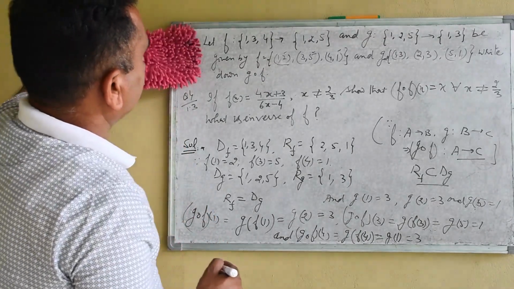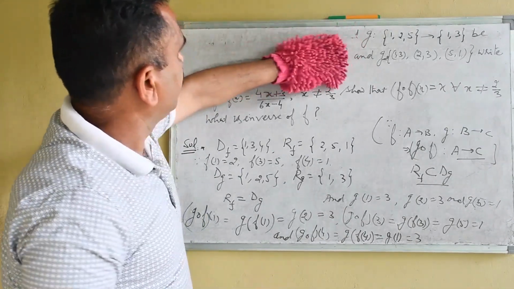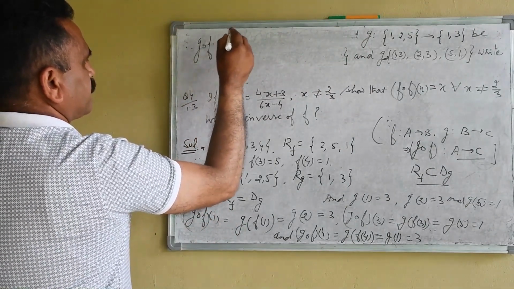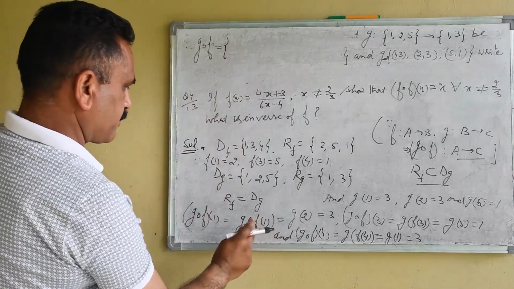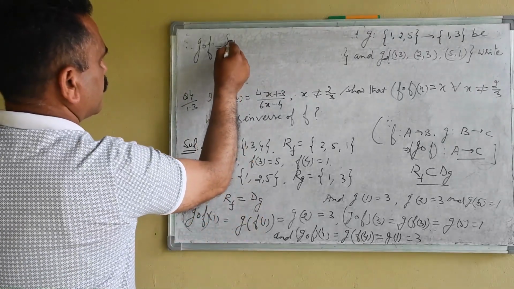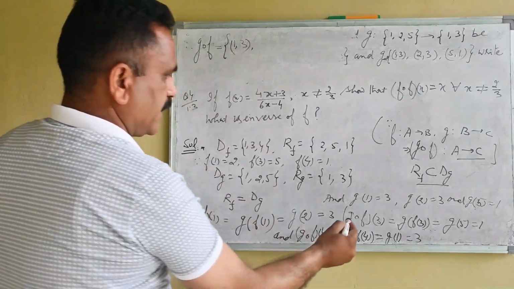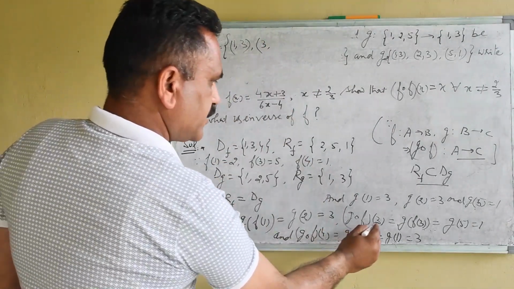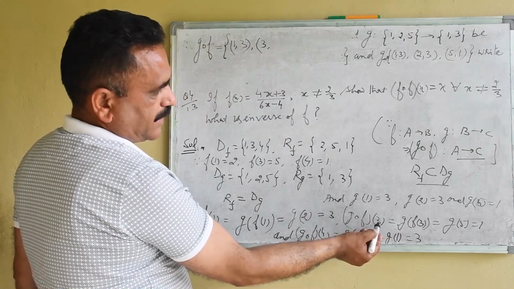So what is the answer for this question now? g of f is required from us. Therefore, g of f is equal to, what is the set? First ordered pair. The element of the domain is 1. What is its range? 3. Similarly, the second element of the domain is 3. What is the range? When we put the value of f instead of x as 3, then